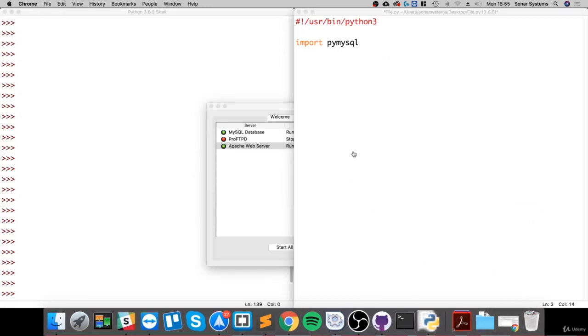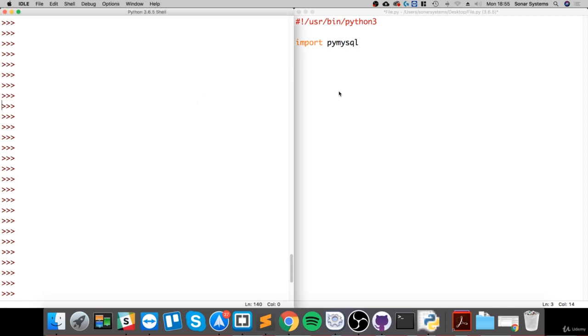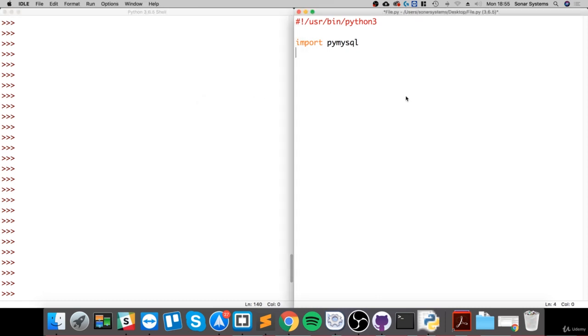Okay, now that's out of the way, let's start coding. The first thing we want to do is create a connection to our database. We're just going to call it db. This is the database object that we'll be using. So db equals